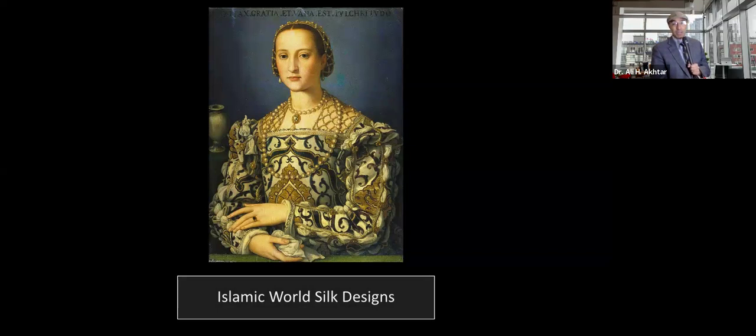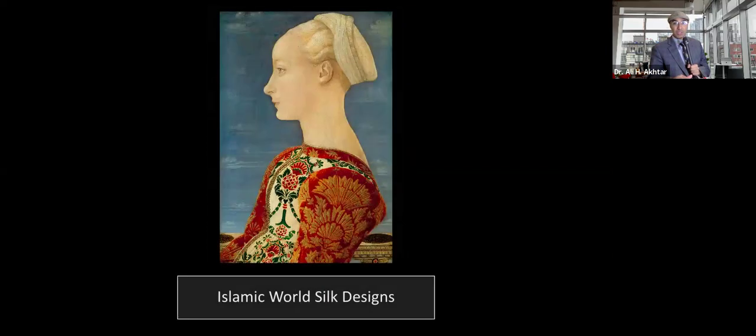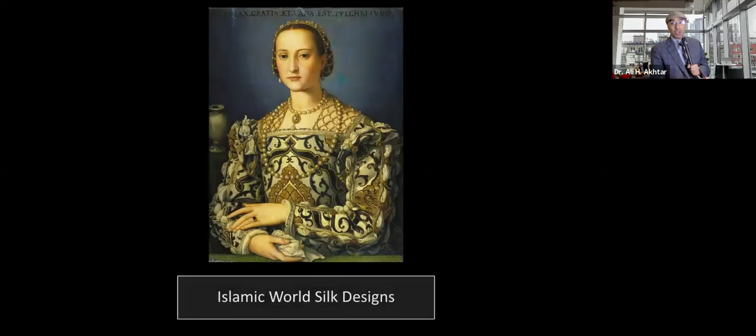previous painting by Pollaiuolo. This is a painting by Bronzino, who was one of many painters who worked under the patronage and support of the ruling Medici family of bankers who also ruled the Duchy of Tuscany in Florence. And here we also see in the middle, in gold, that same pomegranate motif, which we saw in the previous image, the pomegranate motif in red. And so here we see it in gold.